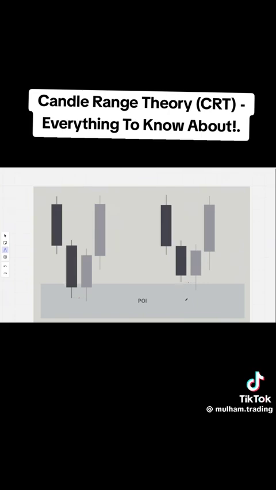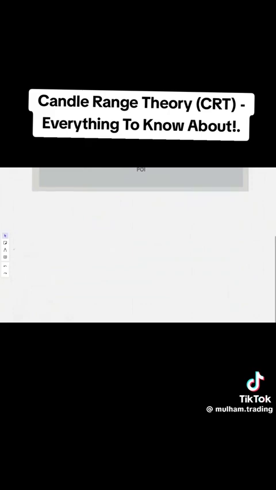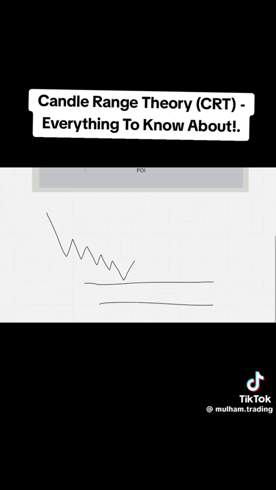Why? Because if we look at this from another perspective, let's say something like this, we have a POI here, right? So this is our main POI. Price is going lower, lower, lower, and we came very close to the POI, and then we broke structure, came lower, going up. What do we see? Very simply that we have an inducement and a POI.